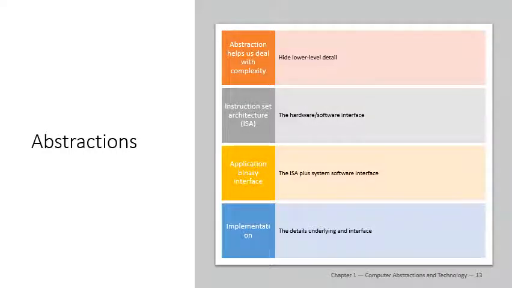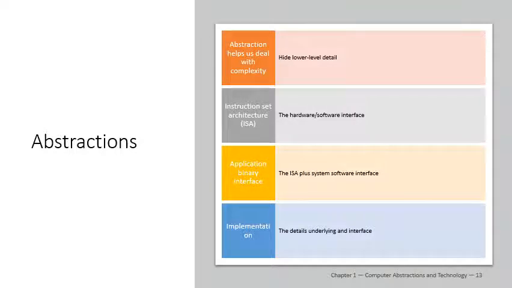Now, what are the abstractions that are available, or that we can see while discussing the program for the front-end user towards the hardware? Abstraction helps us deal with complexity, which we have seen: the further we are from the hardware, the simpler things are. But the nearer we are to the hardware, the higher the detail and the more complexity there is, as compared to designing an application on a high level platform. So abstraction helps us deal with complexity.